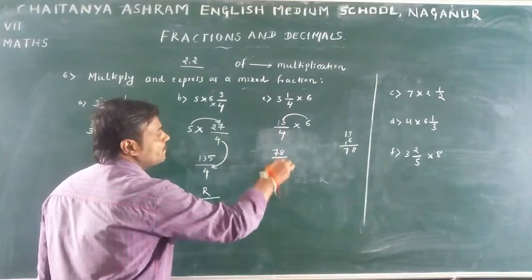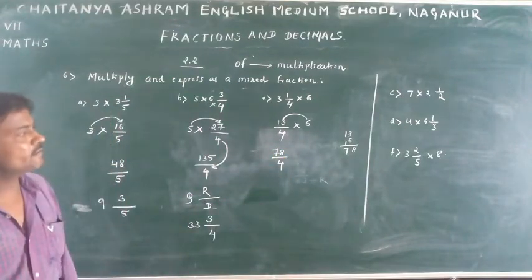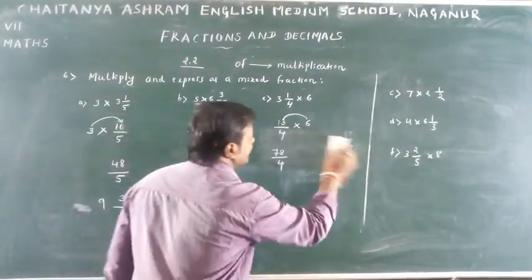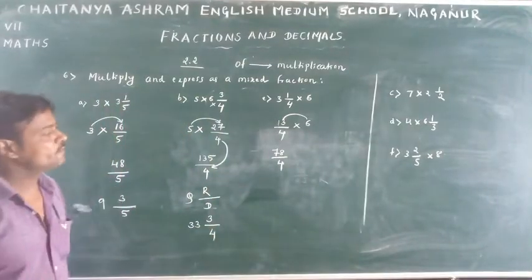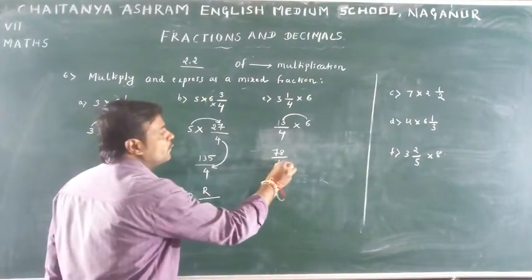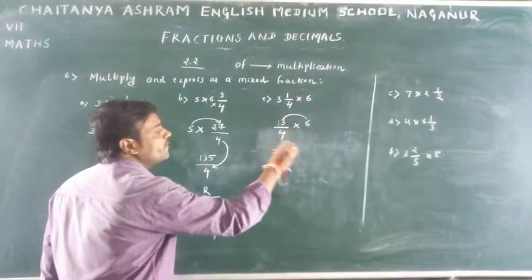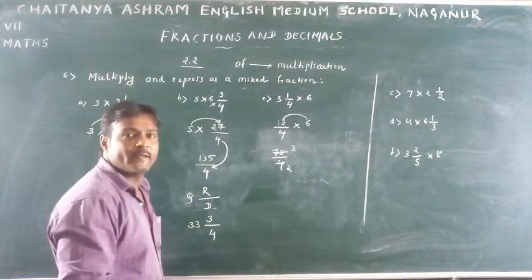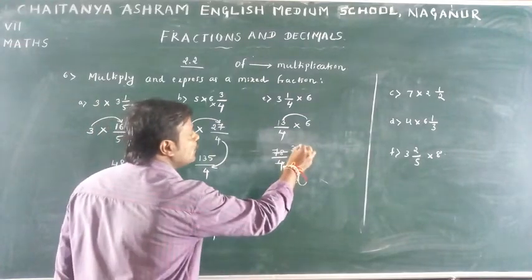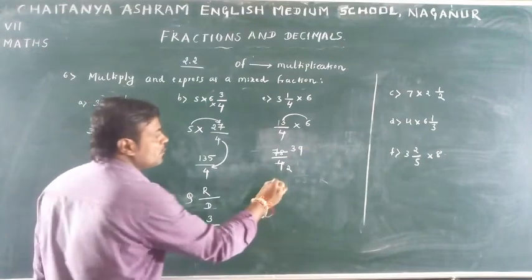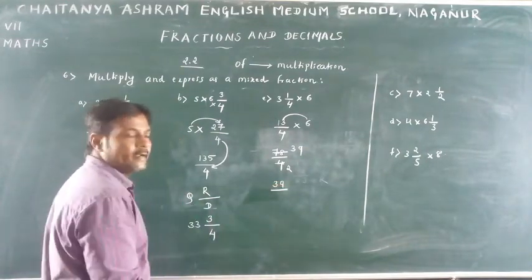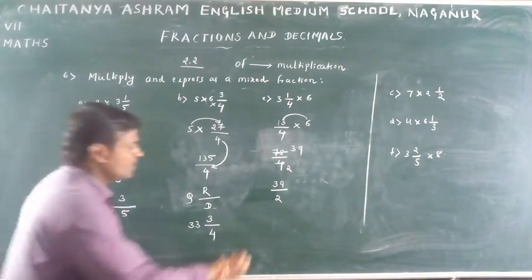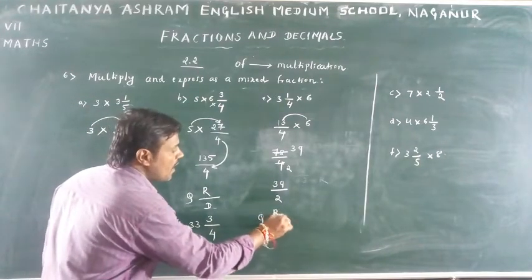78 divided by 4. Yes, 36 are how much? 78. Then write it in simplest form. So 2 divides both. 2 2s are 4, 2 3s are 6. Yes, how much remains? 1 remains. 18 becomes 2. How much is 18? 2 9s. Yes, we are left with numerator 39 and denominator 2. Again convert this into a mixed fraction. Q R D.